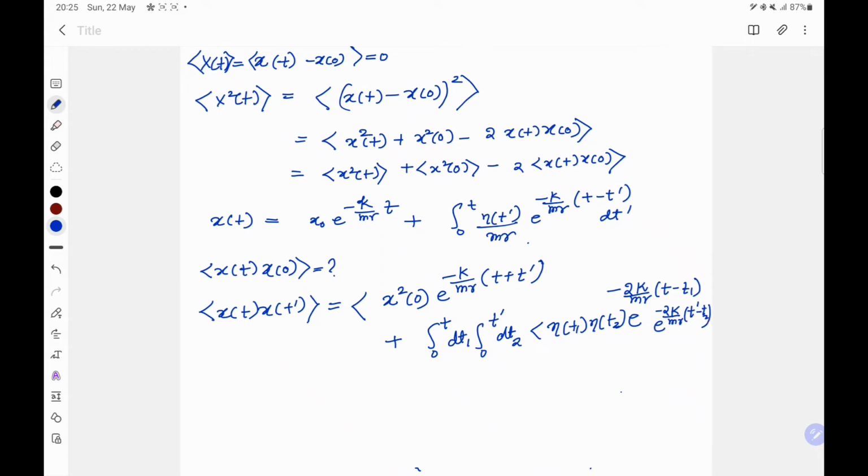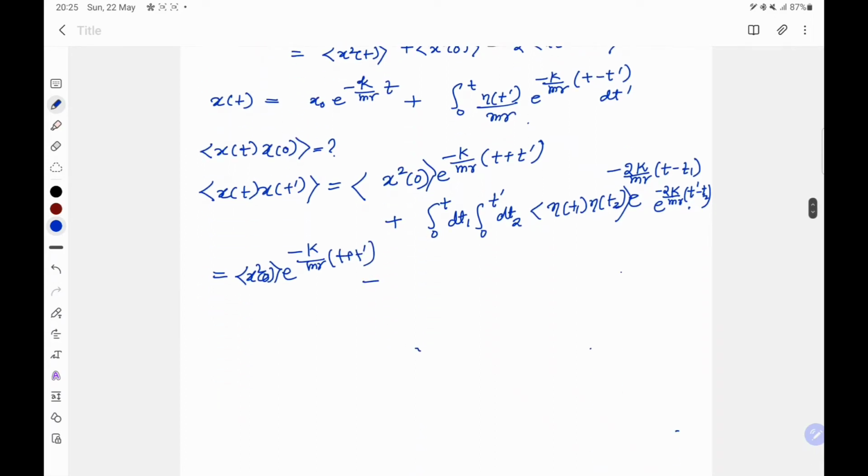Okay, so and the average. So we will have x0 square e to the power minus kappa over m gamma (t plus t prime), plus capital Gamma over m gamma square